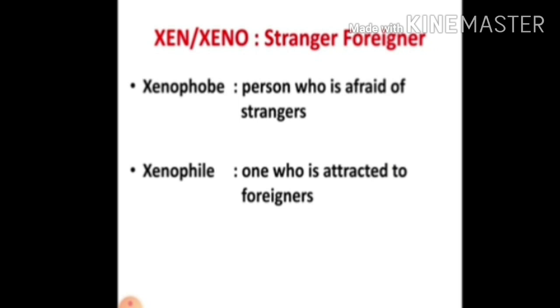So philanthropy, philologist. Okay, so phil. A philanthropist is a combination of phil, which actually means love, and anthropos, which means people. So a philanthropist is someone who loves people. So xenophile, xeno is what? Foreigner, a stranger. And phil here is equal to love. So a xenophile is one who is attracted to foreigners, someone who loves foreigners.